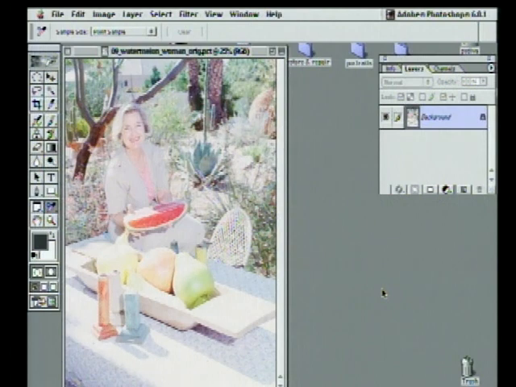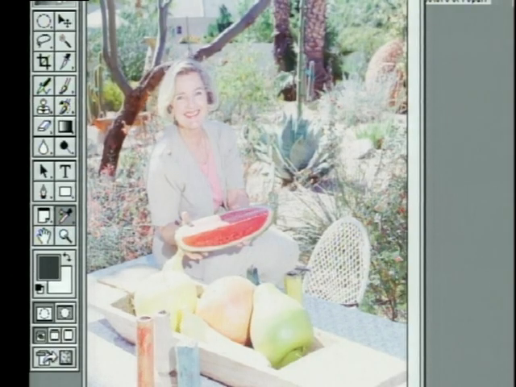Now, this image was shot with a medium format film by a professional photographer, and the exposure is way off. He's completely overexposed this film. Now, one thing with Photoshop